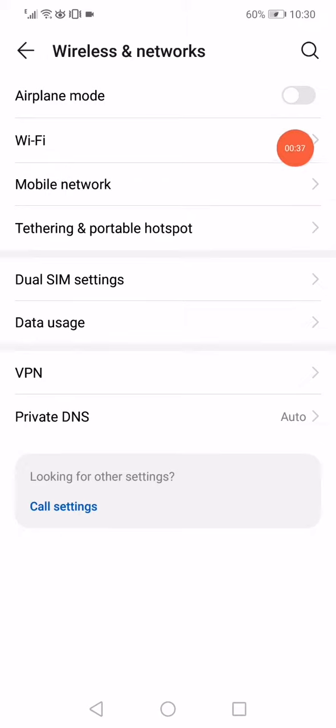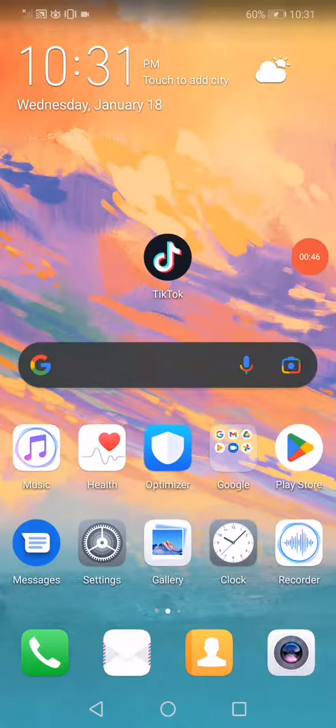And after you do this, now you have to go back to the settings again, go to the wireless and networks, and then go to the airplane mode, enable it, and wait a few seconds, let's say 10 seconds for example, and disable it again. And the last thing you want to do now is just restart your phone and reopen TikTok, and the problem